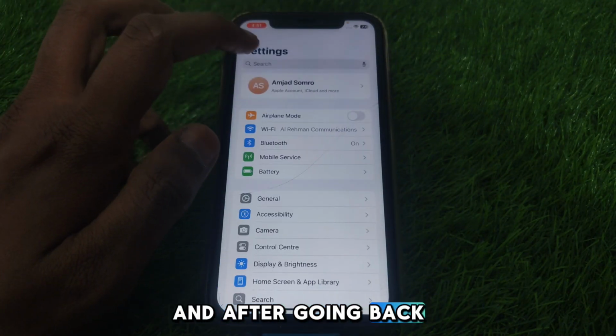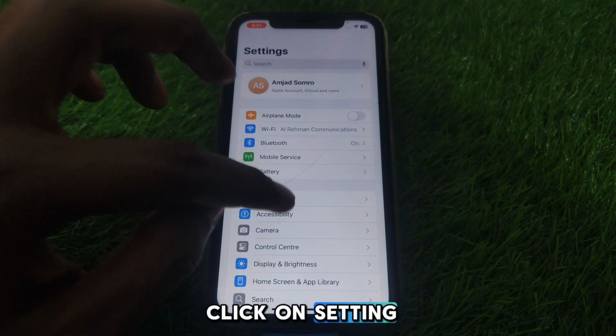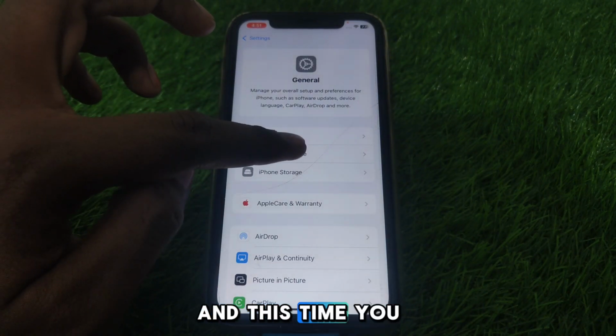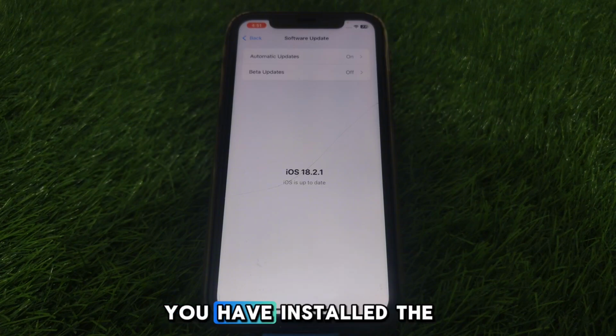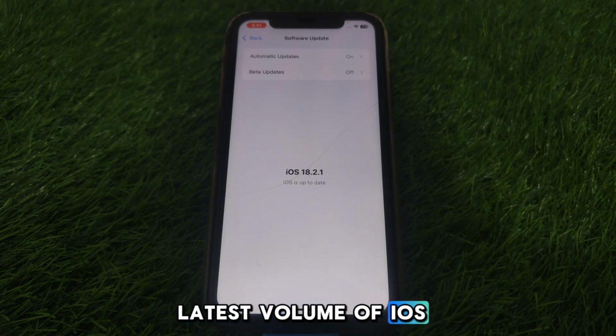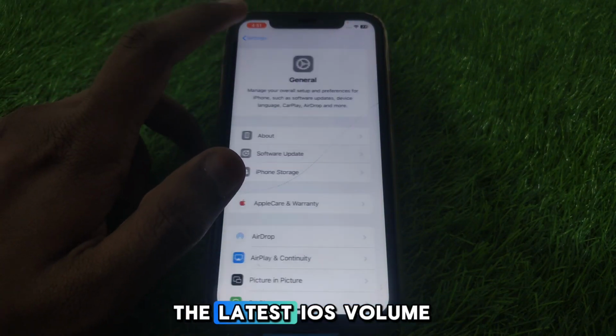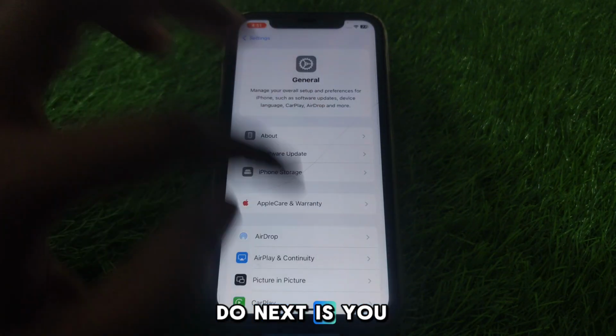And after going back, you have to again click on settings and go to general. And this time you have to click on software update and make sure that you have installed the latest version of iOS. And after checking for the latest iOS version, what you have to do next is go again